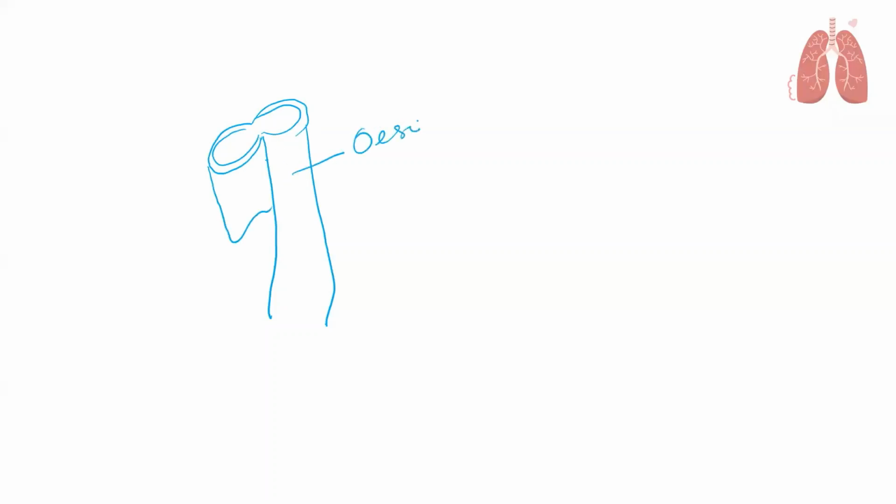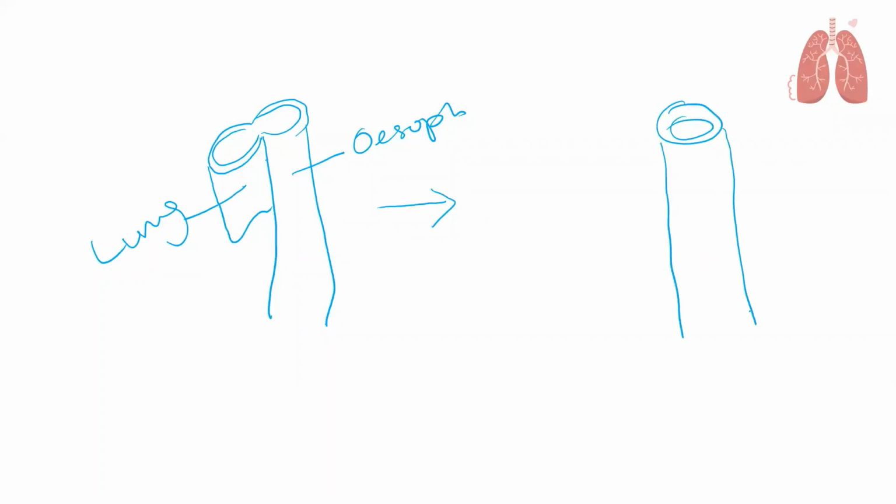So if we look at only the foregut section, you have the foregut like this, and from the foregut, you have the lung bud coming forward. So if you look at a section like this, lung bud appears like this. This is the esophagus, and this is the lung bud or the tracheobronchial diverticulum. This later gets separated from the esophagus except for its proximal connection at the larynx region.